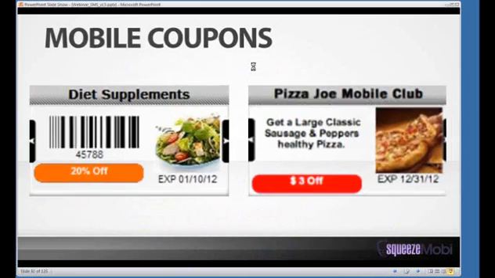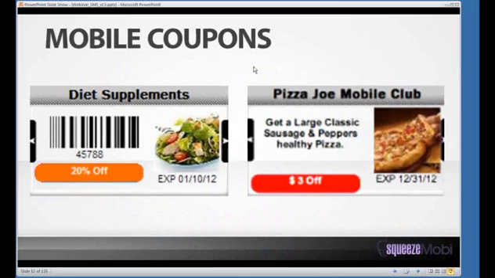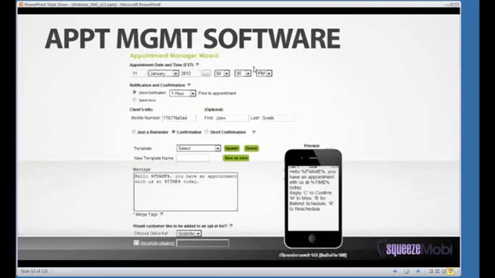A loyalty program is included, and mobile coupons, so you can send mobile coupons on a weekly basis and fuel these customers to go back into that business. On top of that, the appointment management software. This one is huge. Why? Like I said regarding my dentist, you could take this and transform the entire system that this dentist, doctor, or chiropractor uses to manage their appointments.